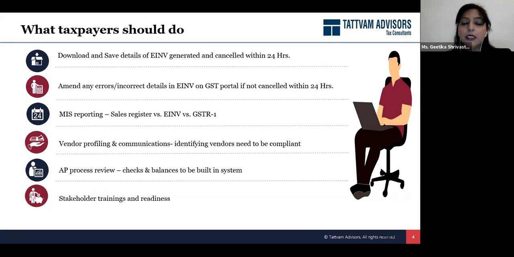For this, the government has given a facility: there is a search taxpayer option on the IRP portal. You can go in there and put in the details of your vendors. Even if your vendors are saying that they are not falling under the requirement, our suggestion is please go onto the portal and search for their details. The portal gives all the details of the vendors who are covered under the requirement.